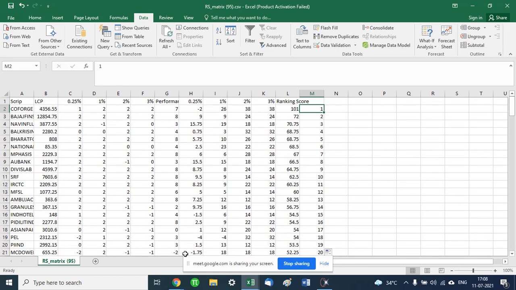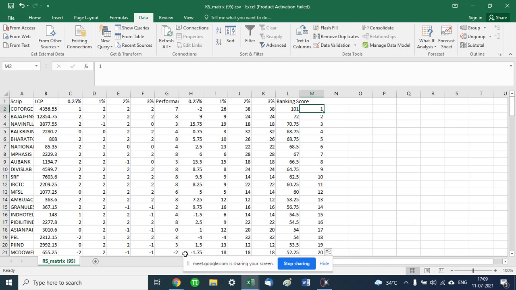Nikunj, this works for the cash market and for the Nifty as well as mid and small caps also, right? This is primarily useful more for F&O stocks. For the mid caps, I would prefer using the relative strength report, which I had shown earlier. That will give me the strong stocks. I don't see much point in ranking the mid caps because there are so many of them. F&O stocks, the universe is limited. It's easier to generate the ranks.